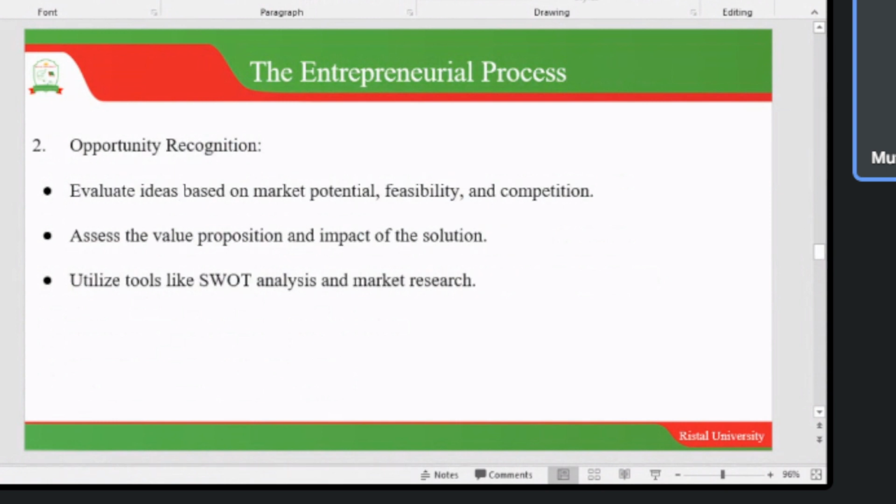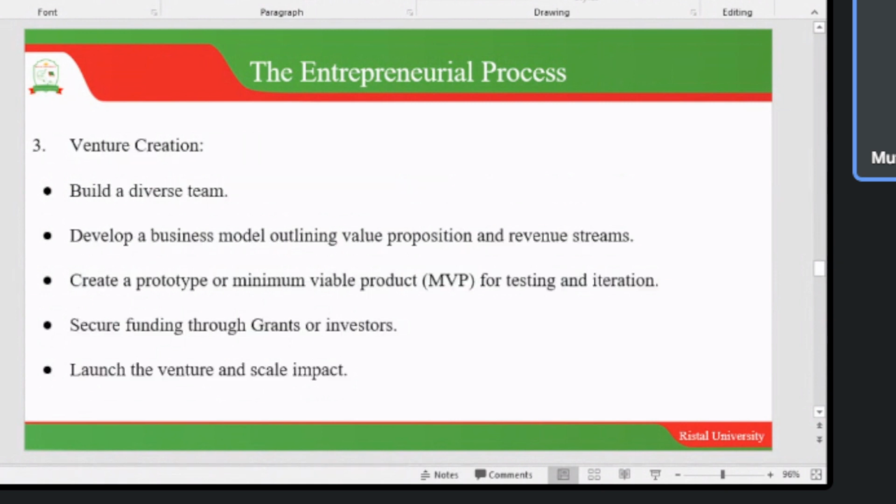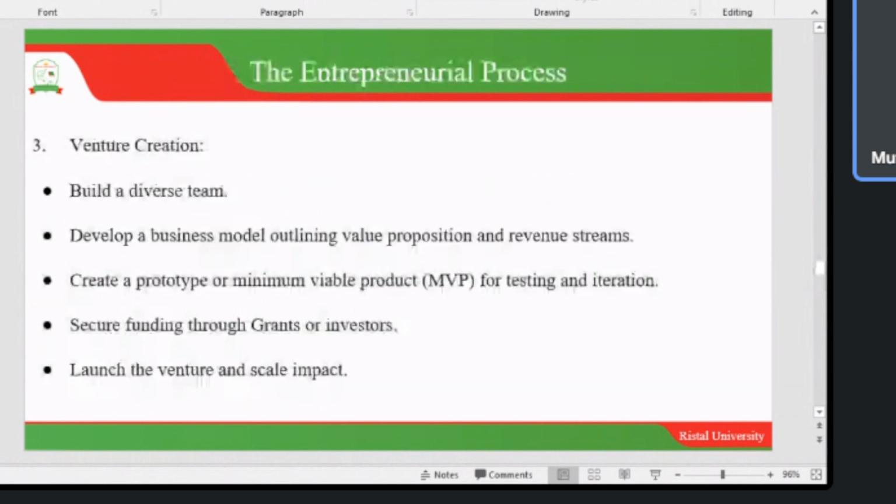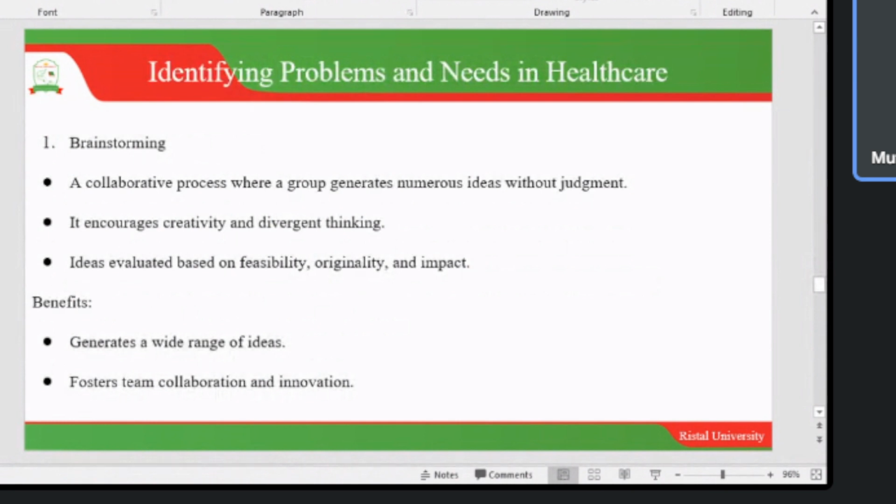We then study that opportunity in terms of the market potential, feasibility and the competition. Then we go on to now create that venture by building a diverse team, by developing a business model, by testing this MVP and securing funding before launching it and scaling it up. Okay, so identifying problems as a very key strategy in the entrepreneurial process is essential, and we need to talk about it further. So it includes issues like brainstorming,